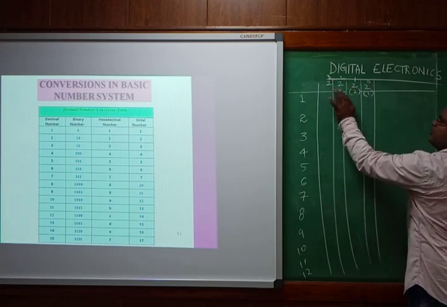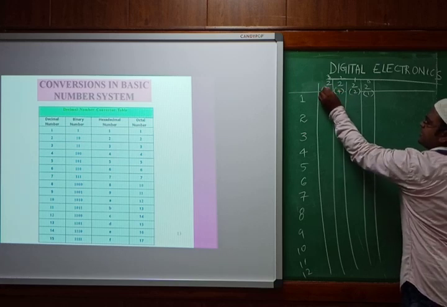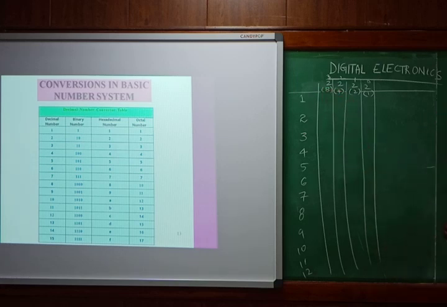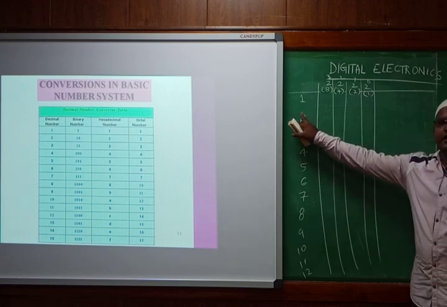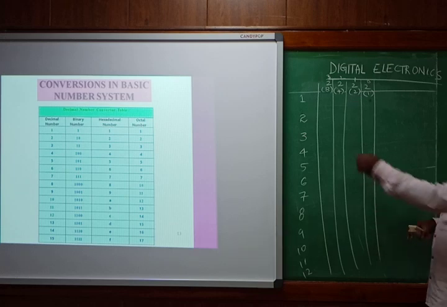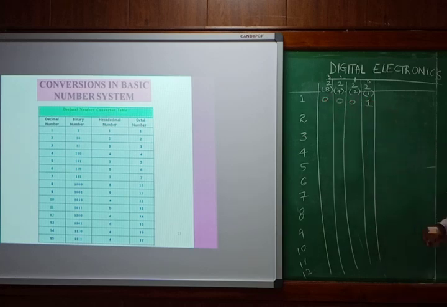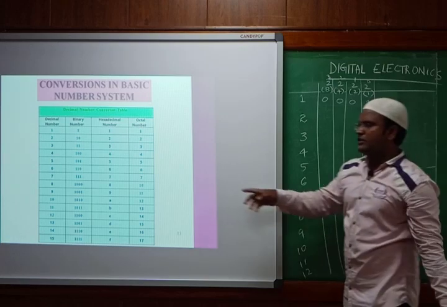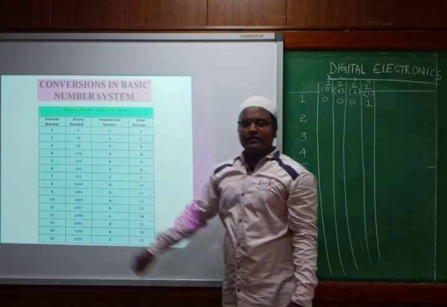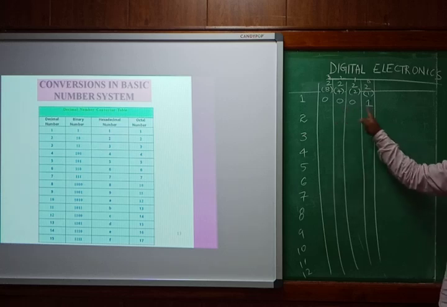If I want to write 2 power 2, I can write it as 4, and 2 power 3 I can write as 8. If I want to write 1, I should get only 1, and the remaining I don't want. That means all the others will be 0 and this will be 1. That's how they have mentioned 1 as just a 1, because we only want this one number. We don't want other numbers.